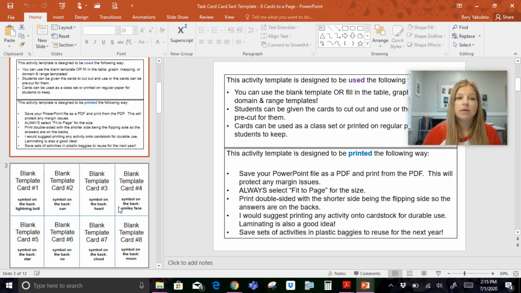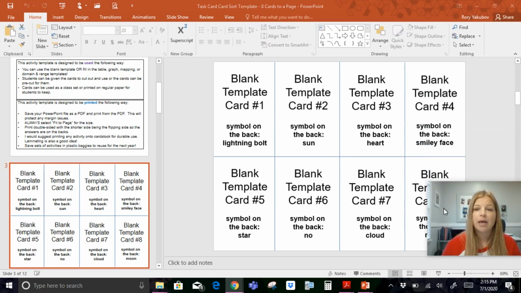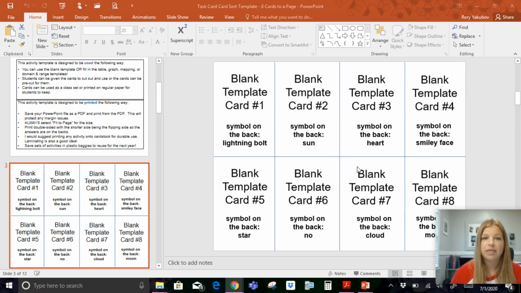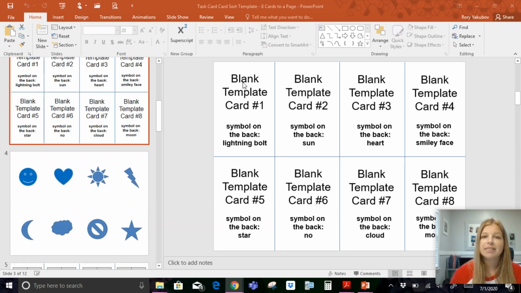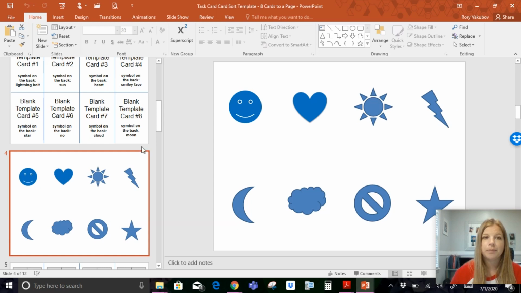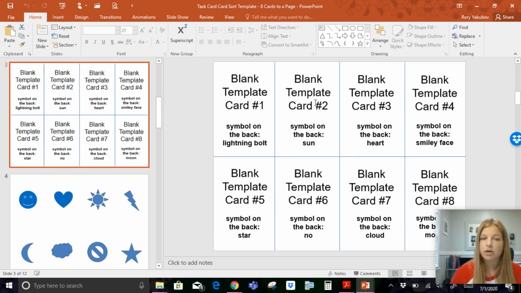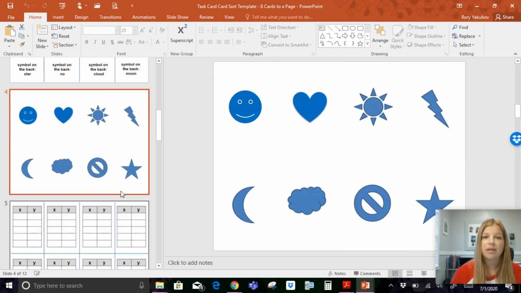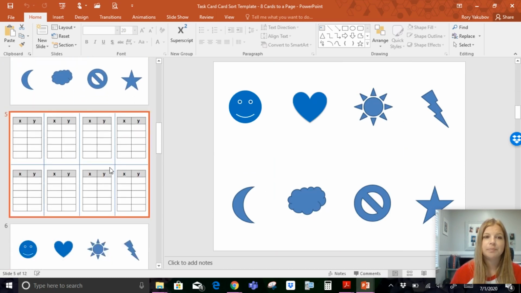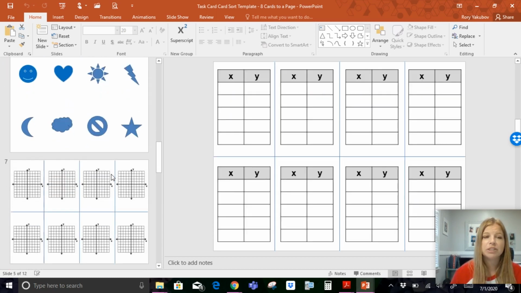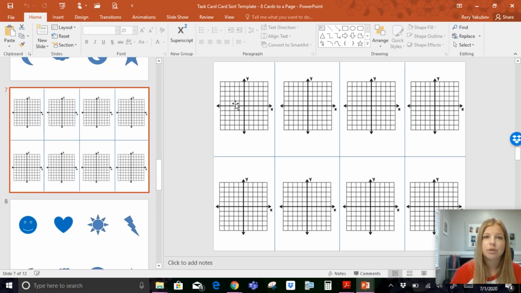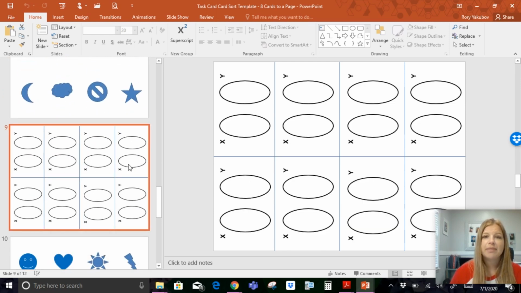So this one also gives you the blank template and shows you what you should put on each one of these. And then it tells you what the symbol on the back of each card is going to be. So it's going to say, whatever you put on card 1 is going to have a lightning bolt on the back, because that's what's on this next page here. Whatever you put on the next card, card 2, will have the sun on the back, because that's what is here. I give you blank tables if you wanted to use them, blank graphs. You can add your own images on top of this, lines, points, whatever you would want,